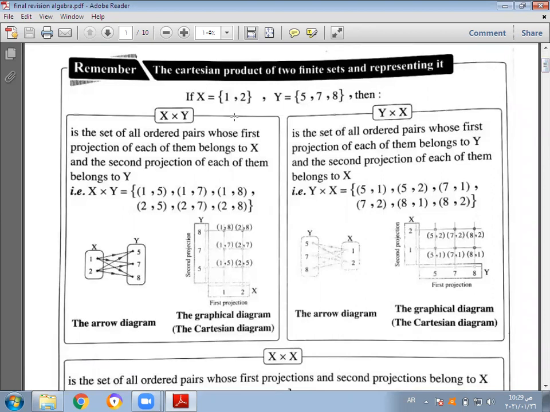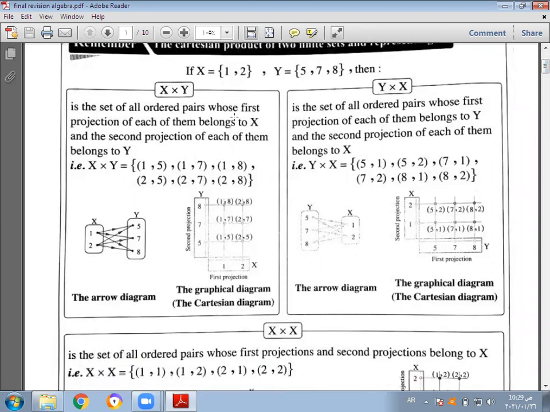فلو احنا عندنا مثلا set x equal {1, 2}, set y equal {5, 7, 8}, we want to find x times y, أو x Cartesian product y. طبعا Cartesian product means a set of all ordered pairs whose first projection of each of them belongs to x and the second projection belongs to y. So x times y equals the set of (1,5), (1,7), (1,8) and (2,5), (2,7), (2,8),